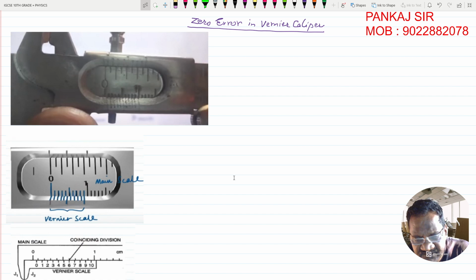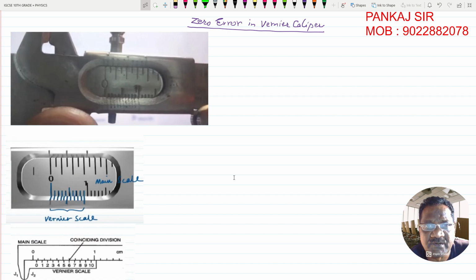Of what I started with in IGCSE physics last time. In that particular video, I started with the Vernier calipers, and basically I tried to explain the basic concepts of a Vernier caliper. I explained in detail what the least count of a Vernier caliper is. And now, in continuation to that video, we are going to talk about a property